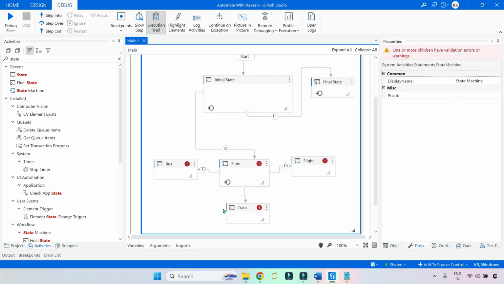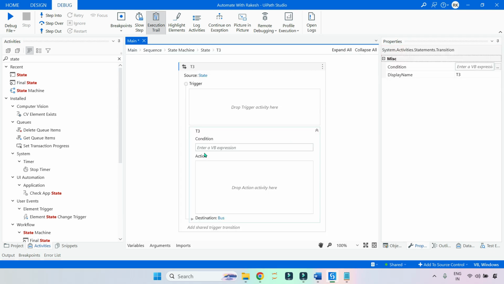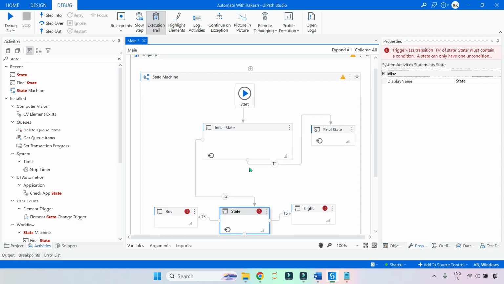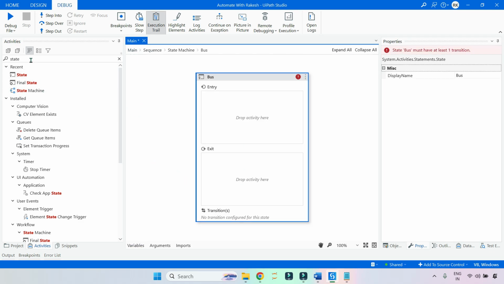Done. Now, as we have all this bus and all that, we have to start designing it. Let's say the customer has selected bus. Now in the transaction 3, if you click, I will say travel choice is equals to, and you have to write bus. Okay. Now let's see if this is first of all working or not. Okay. Bus, and I will go here and I'll pass some message to him